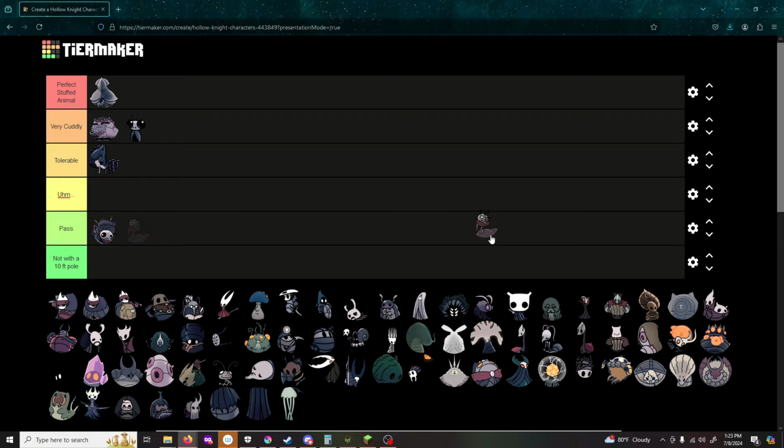I think I'm gonna have to put her firmly in just because I can't parse out what's happening here, and she's got such a thin torso that I'm left to assume goes onto an absolutely massive body. Yes. And I feel like that's just not gonna make for either a very good stuffed animal or a very good cuddle. Yeah. So, I'm gonna go with